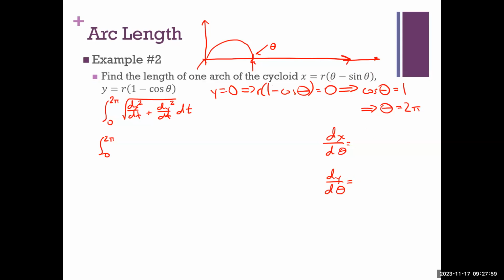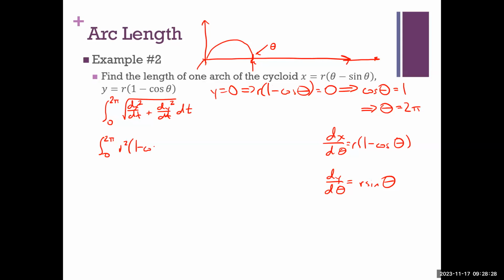So x is defined up here: R times theta minus sine theta. What's the derivative of that with respect to theta? R times 1 minus cosine theta. And how about dy d theta? R sine theta. Okay, so if I square these things, I should get